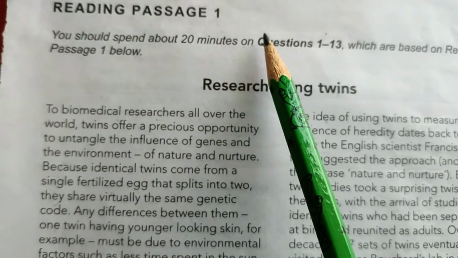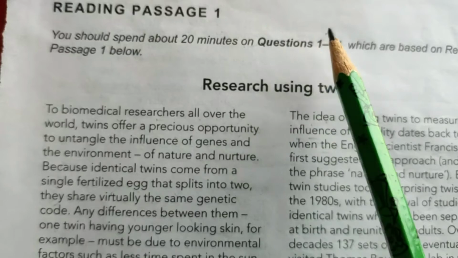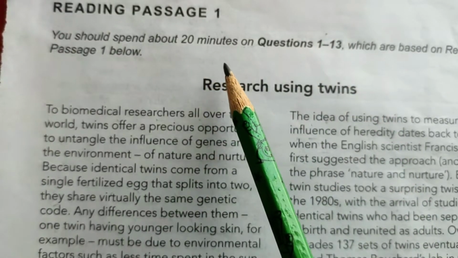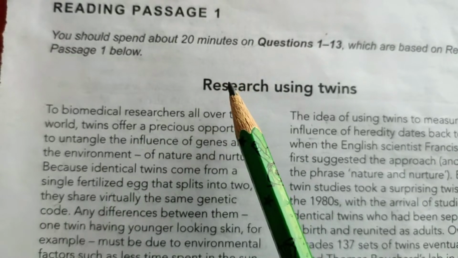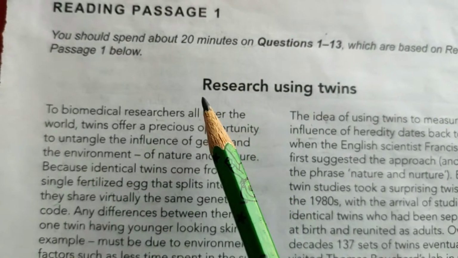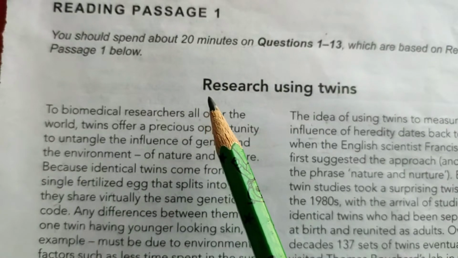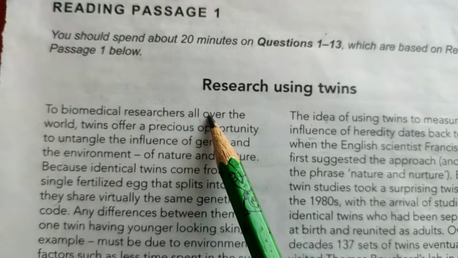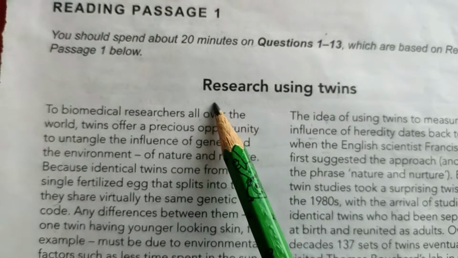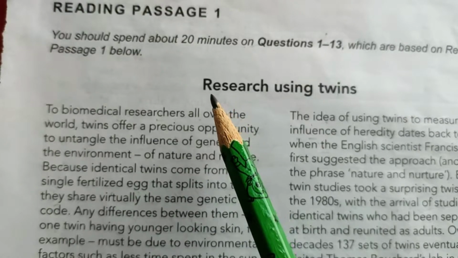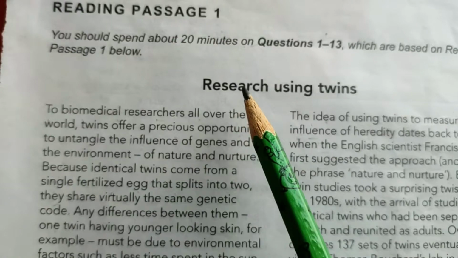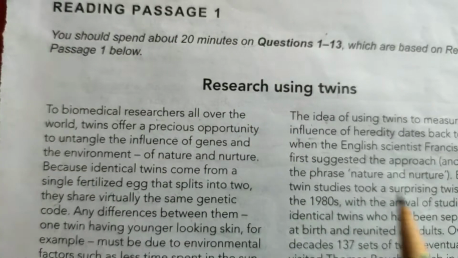Now reading passage 1, and this is from test 4 and the book is Cambridge IELTS 11. I'm going to show it step by step and very slowly, but in your exam you have to make it very fast. Now I'm going to show only the method of how to get answers from the passage, and side by side I'm going to give you some tips or techniques to use in solving the reading passage.